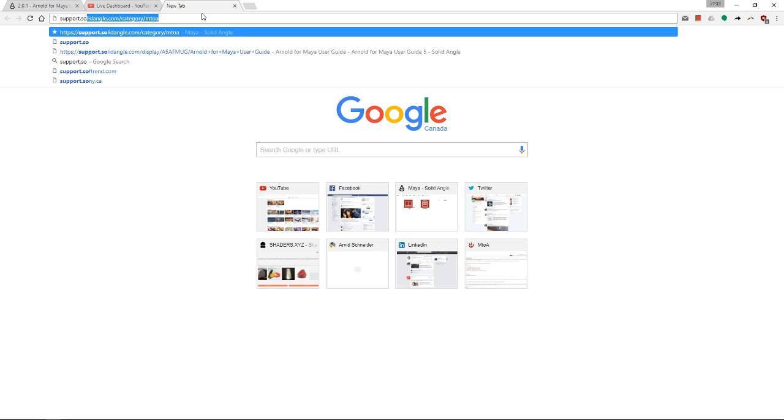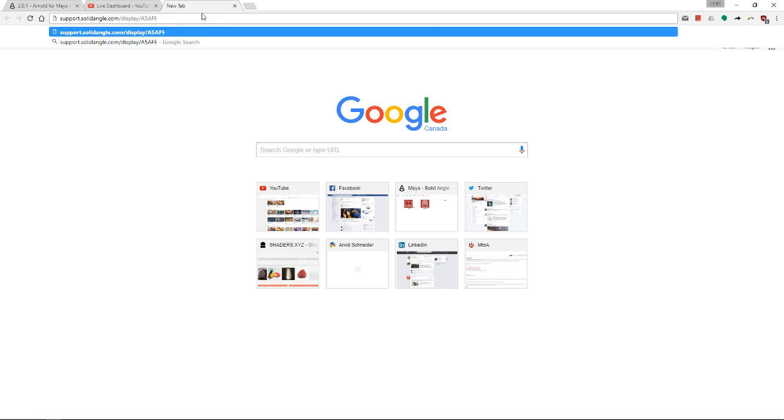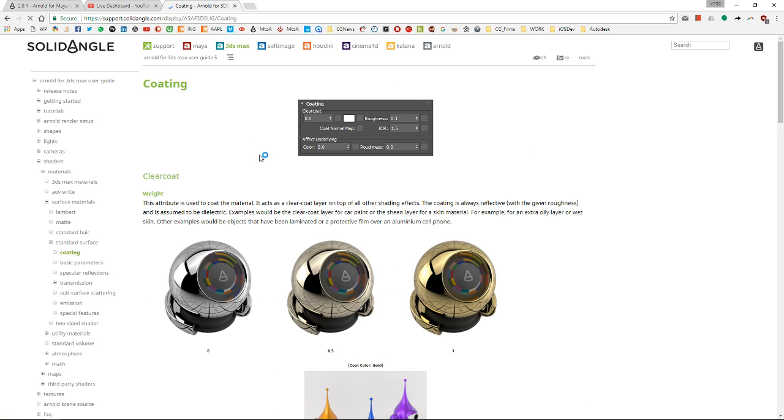Support dot solid angle. I'm not sure when the last time was when I typed in a URL. That's now crazy. So /A5 AF 3D SUG. Let's see if I misspelled. No. Okay, so